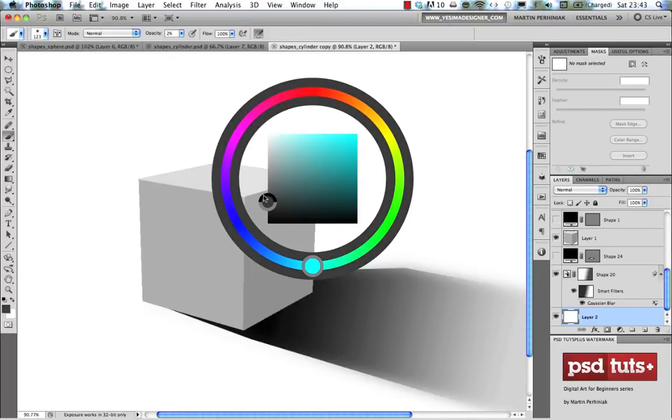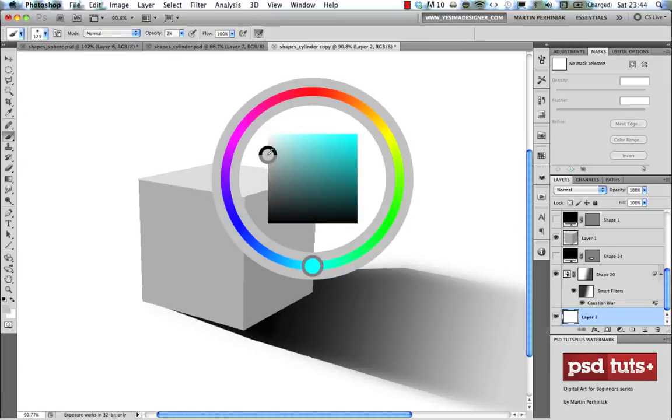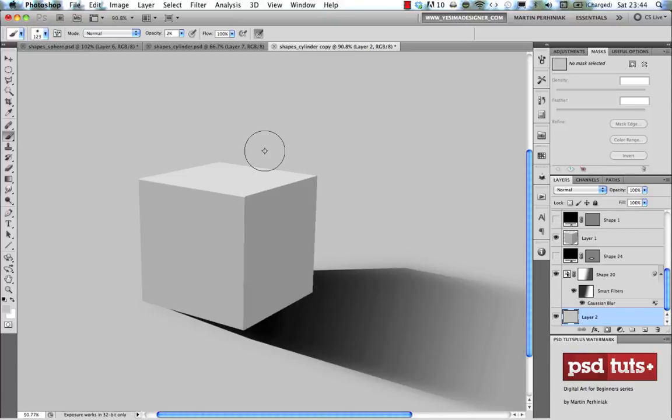This option is only in CS5. This is called the HUD color picker tool. And I think on PC it's Ctrl, Alt, Shift, right click to be able to use this tool. So I'm going to use something close to white, but not pure white. So I selected a bright gray color and I'm going to press Alt Backspace just to fill the background with